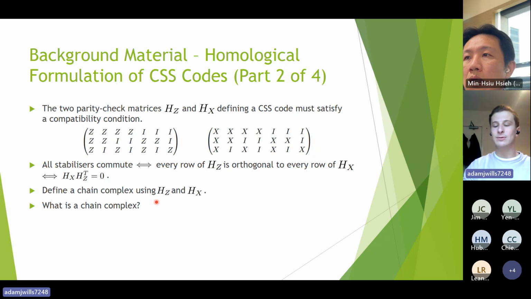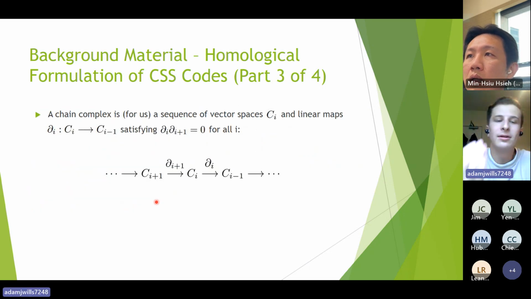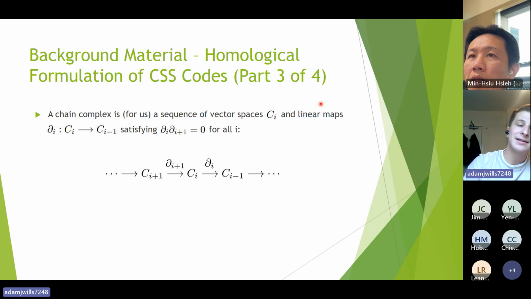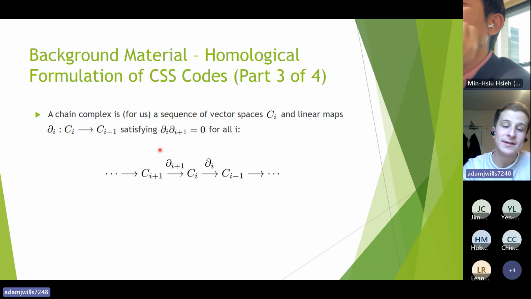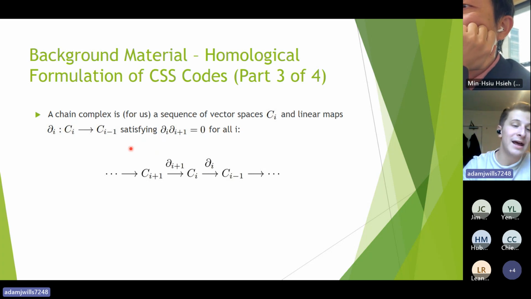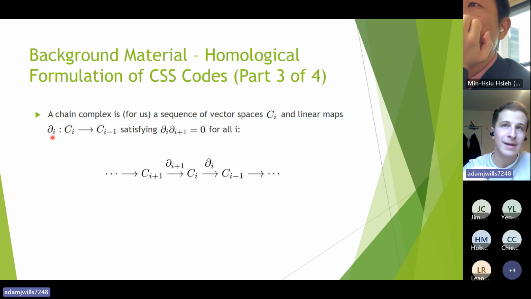That is absolutely something I need to explain. So there's, I suppose, quite a high-level definition of chain complexes involving abelian groups and morphisms. But for us, it's not going to be that complicated. A chain complex is just going to be a sequence of vector spaces, Ci, and linear maps Di going from Ci to Ci minus 1, going up and down. And the only condition that we're going to enforce is going to be this Di Di plus 1 equals 0. You might say that the boundary maps square to 0, where I apologize because I didn't mention there that these linear maps are typically called boundary maps, or sometimes boundary operators or differentials.